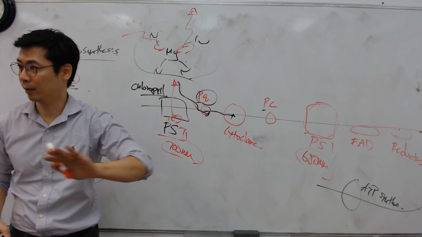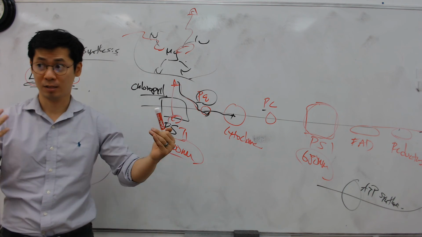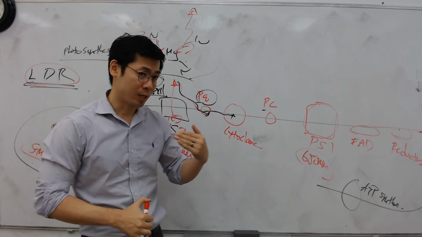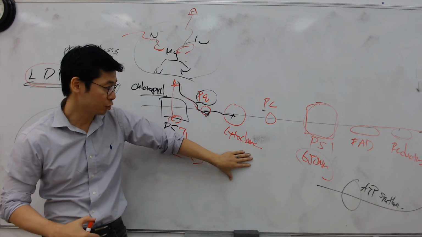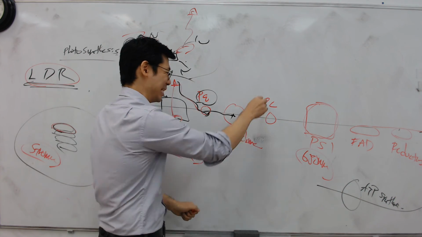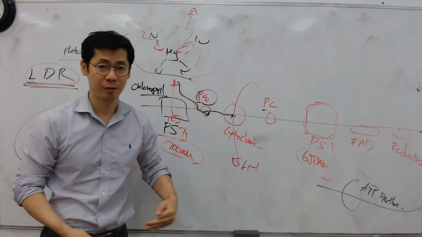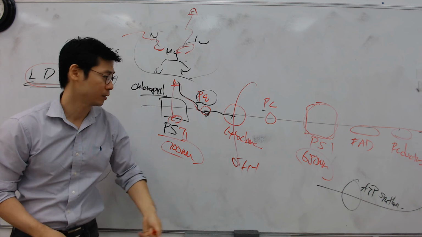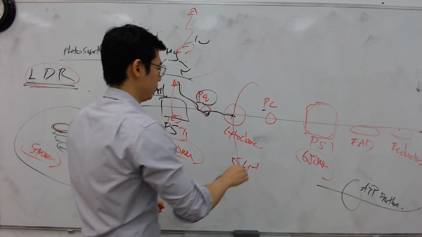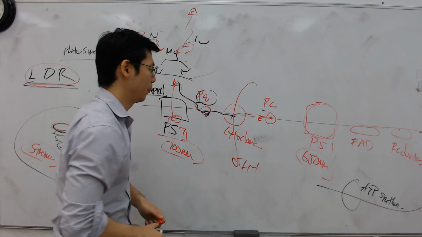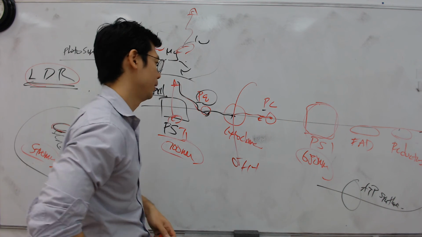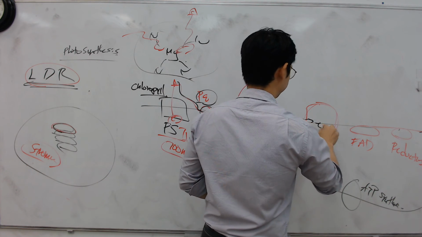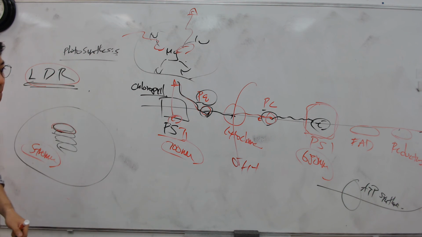Cytochrome does exactly the same thing. What do they do? They pump the H plus. But listen carefully. For mitochondria, they pump from the inside to the outside. It's the opposite here. They pump the H plus into the thylakoid space. That's the difference: they're not pumping out, they're pumping in. Then they hand the electron to plastocyanin, PC. These guys don't pump anything, by the way. And the electron will be handed down to the second photosystem.